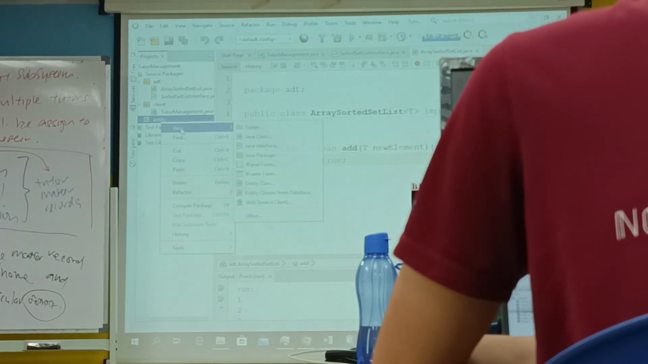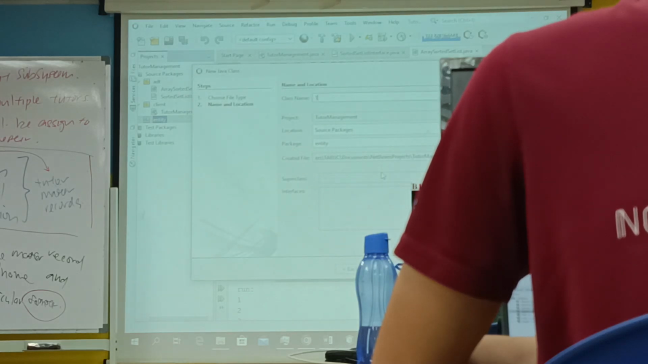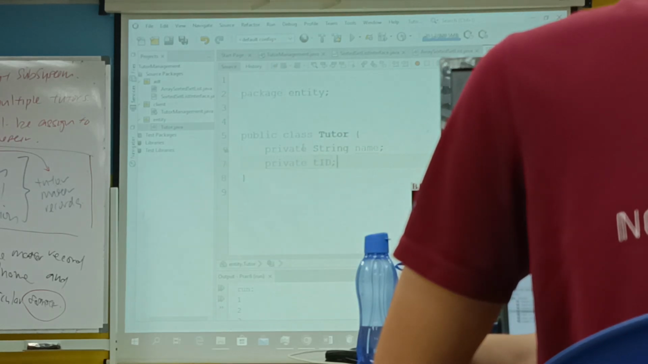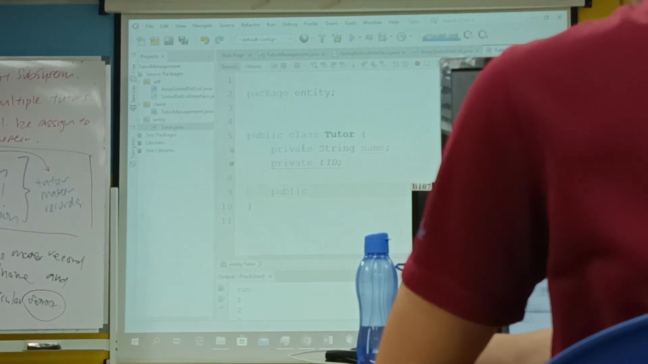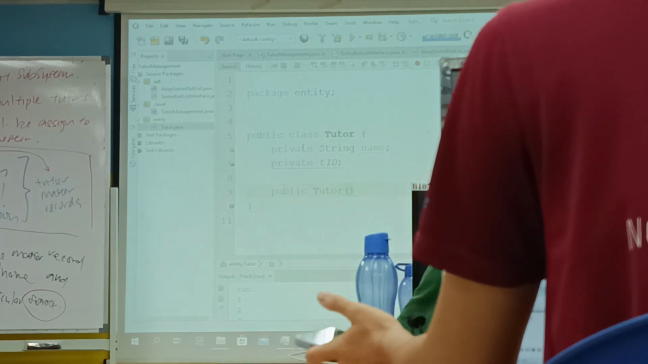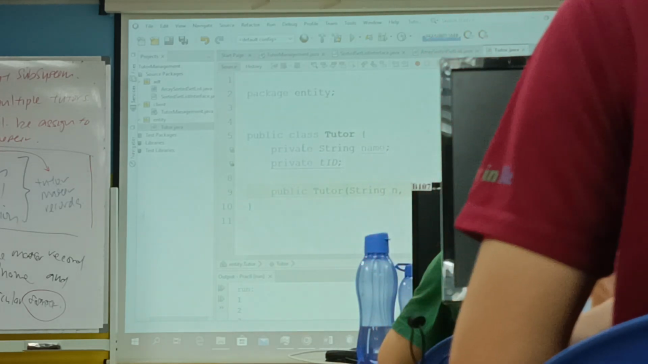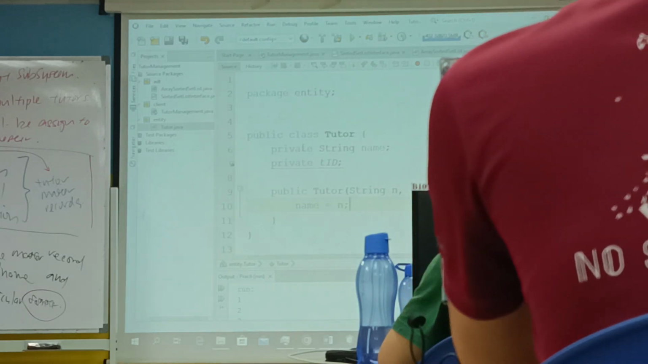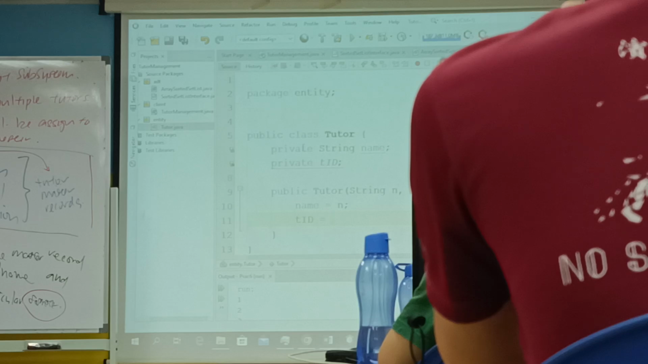Therefore, right-click entity, new Java class. I build one which is called tutor. Okay, tutor class. As usual, for tutor we have a private string name, and then a private tutor ID, TID. Then we keep the public constructor, tutor, accepting the string name and teacher ID, name equal to n, and the TID equal to